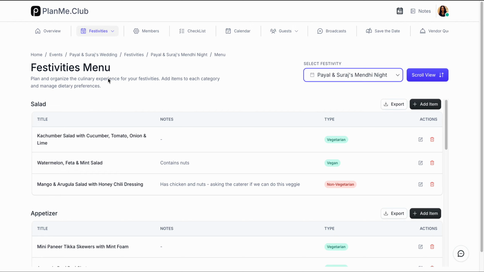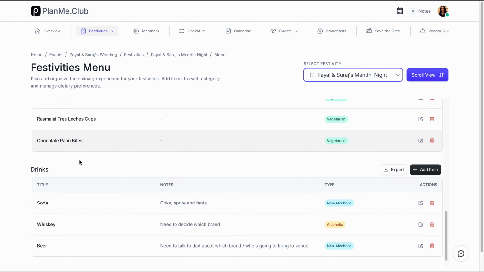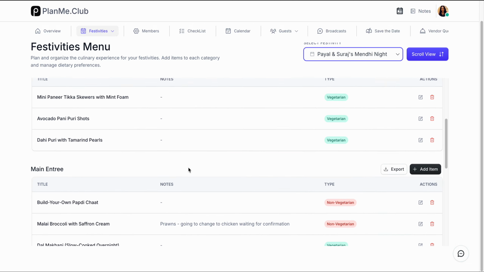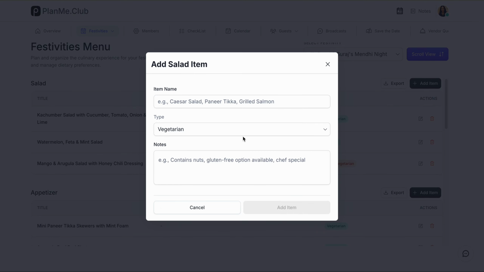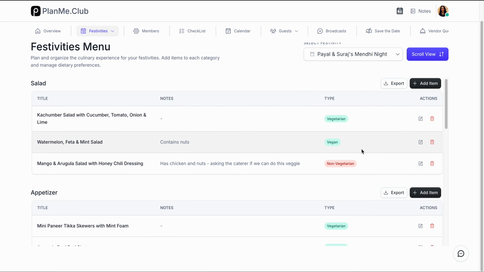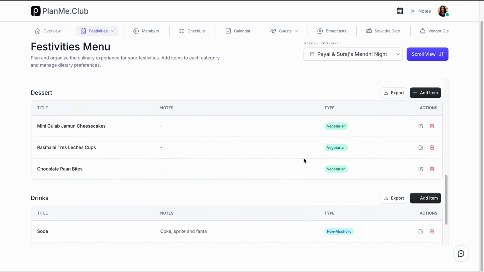You'll be able to curate your festivity's salad, appetizer, main entree, dessert, and drink sections. And so how you would add new items to each section, you can go ahead and click on add item located up here at the top. Go ahead and add your item name, your type, as well as any sort of notes you may have. Once you go ahead and hit add item, you'll be able to add it to each category,